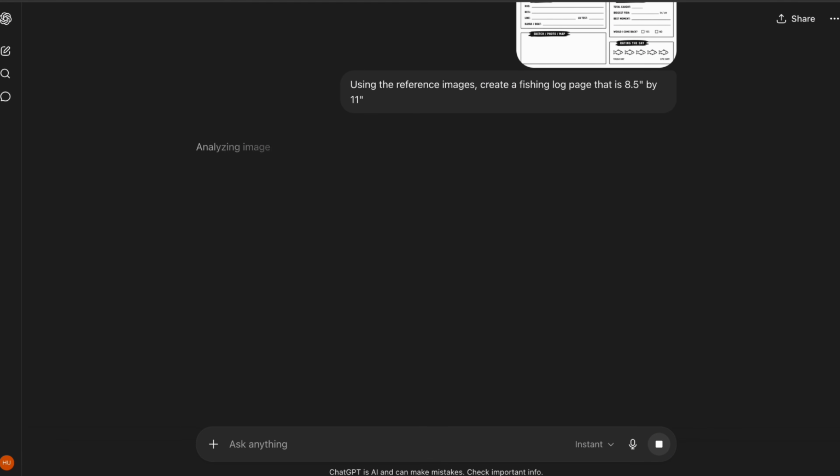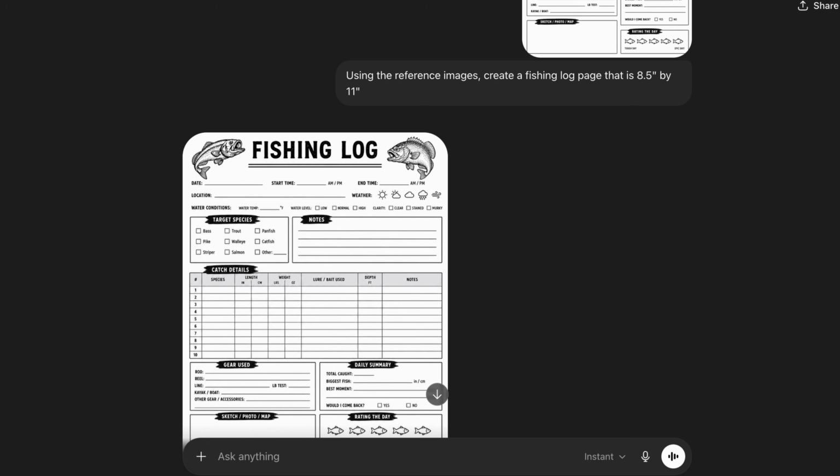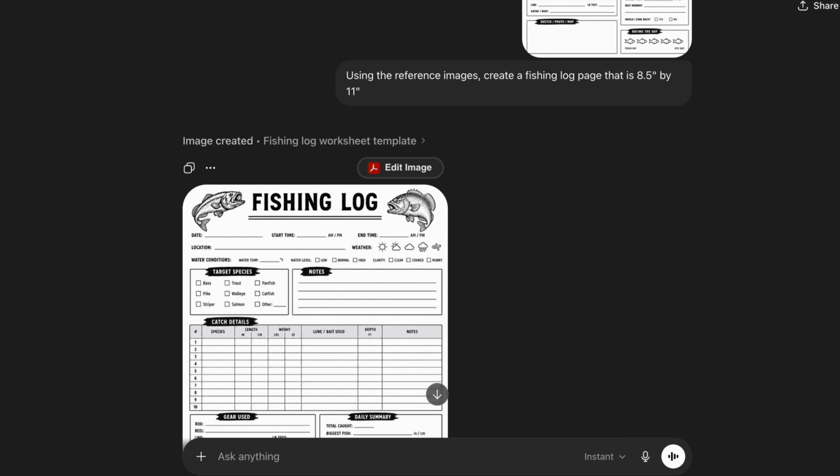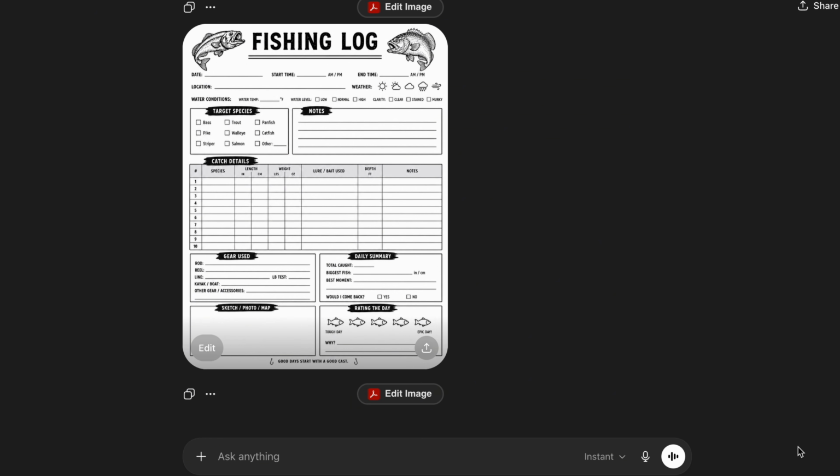Using the reference images, create a fishing log page that's 8.5 inches by 11 inches. ChatGPT will recreate the layout for your niche and create a few different style pages. You'll download it, upload it to Canva, duplicate the pages, format it, export it, and sell. Product number 4, done. The last one, and this is the one that people are making real money on Etsy,